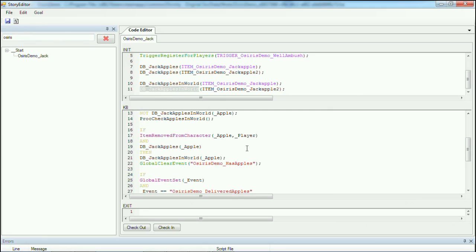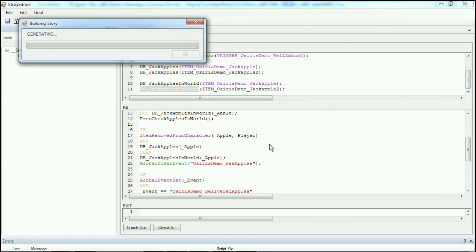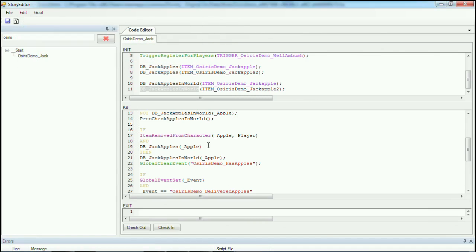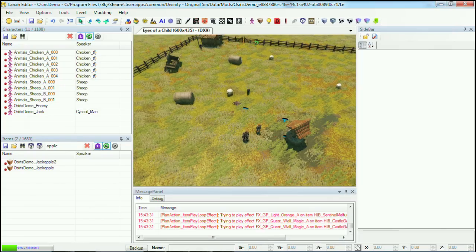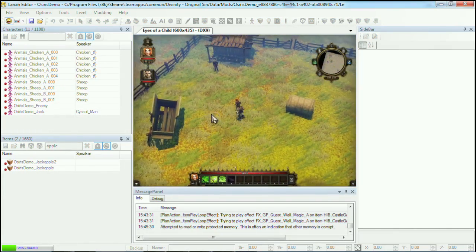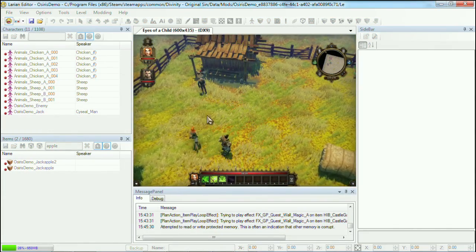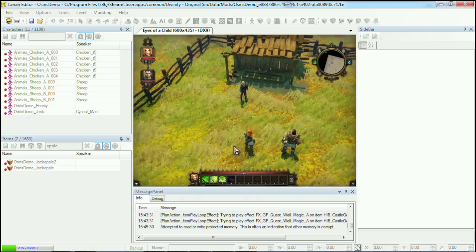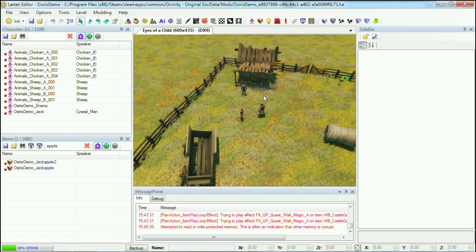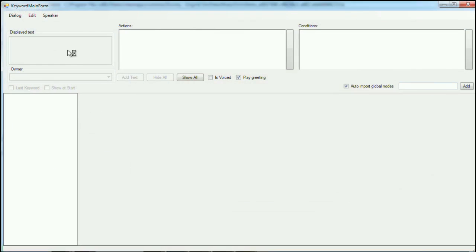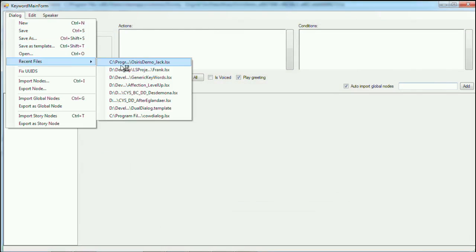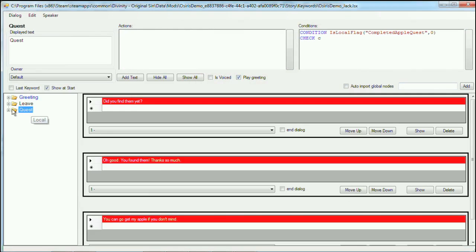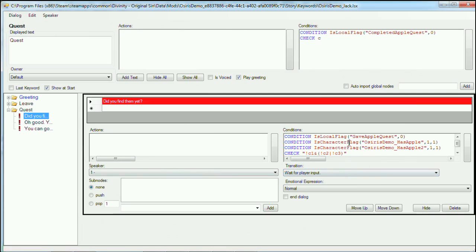So now let's try this in game. Let's build first. And we got no errors, so let's try this in game now. Hit escape here. There we go. Let's talk to him. Let's get his quest. If we talk to him. Actually, I wanted to test this in game already, but we forgot to change his dialogue. So